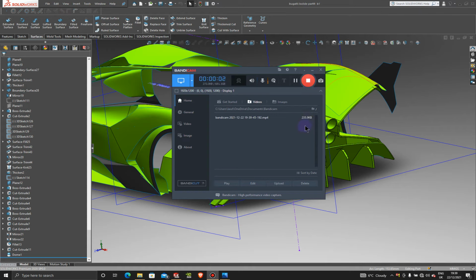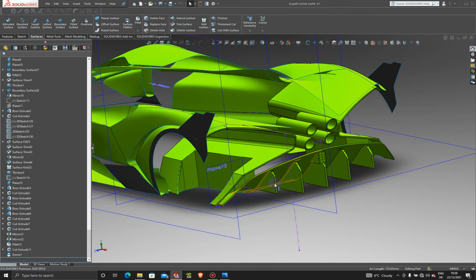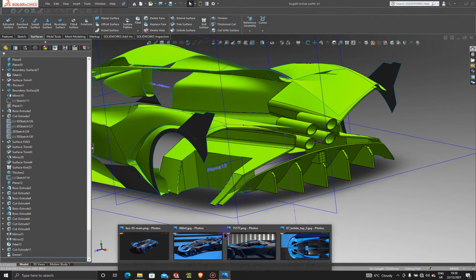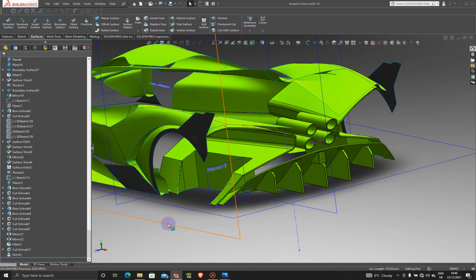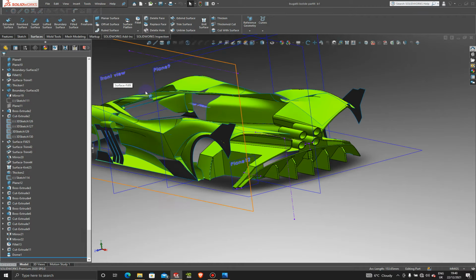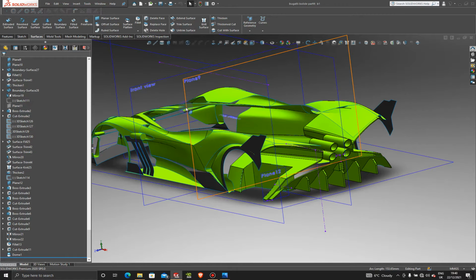Alright, welcome back to part 24 of the Bugatti Bolide design in SolidWorks. In this tutorial, we're going to go over and fix these back ribs here. If you look at the picture, we can see that it should look something like this, so we're going to work on that. Once we finish that, we're probably going to create the windshield. And then once we have the windshield, we're going to come all the way back and create all the top